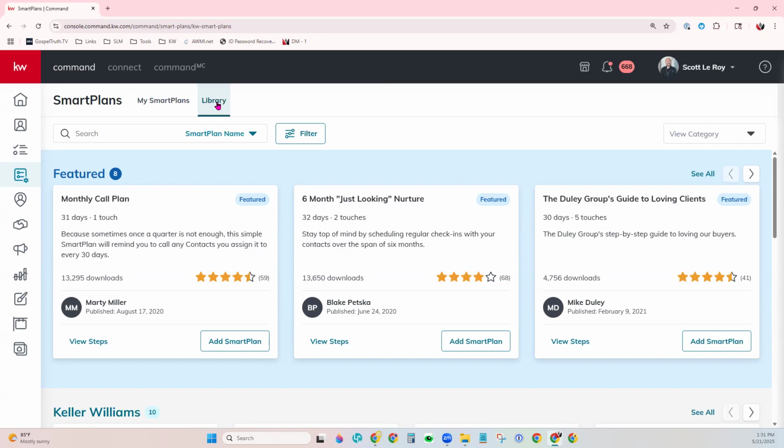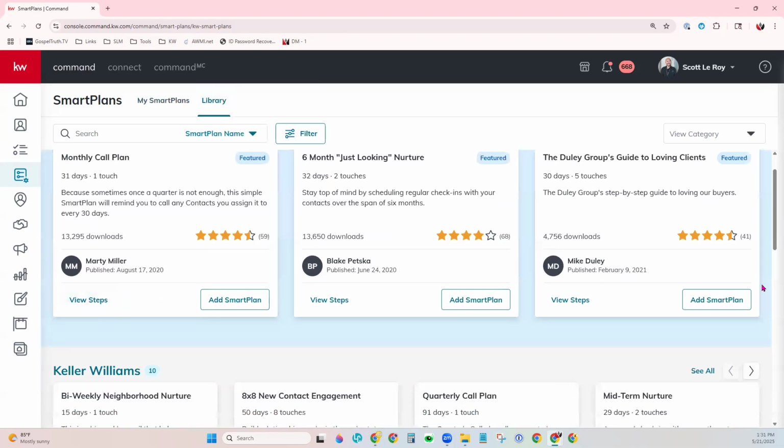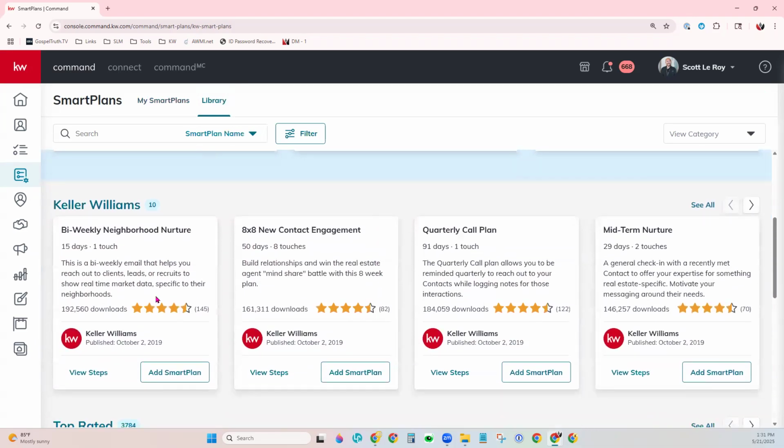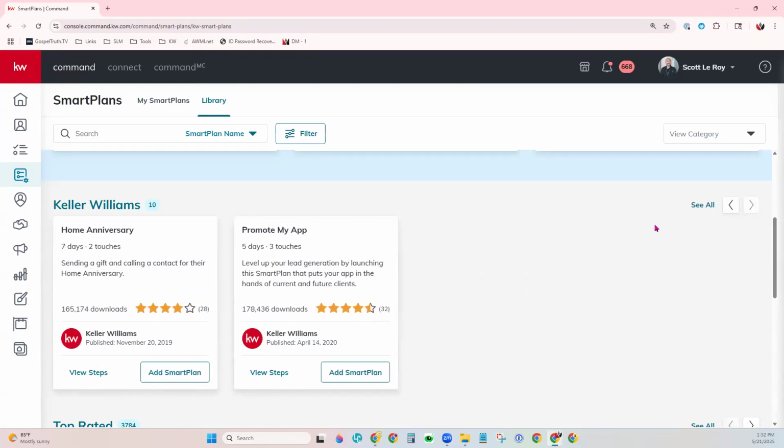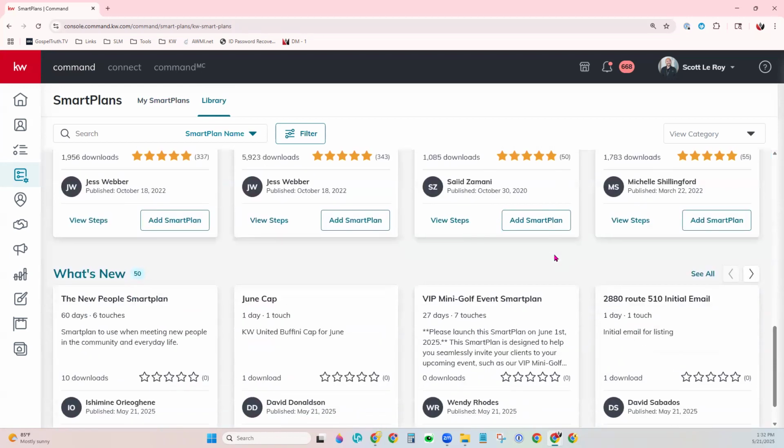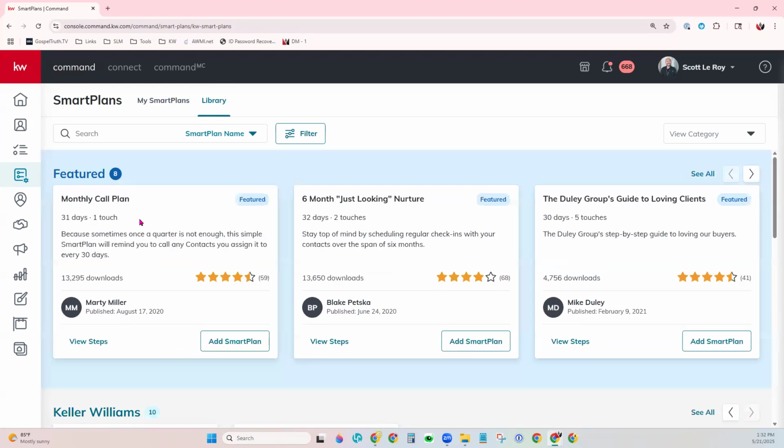So here with the library, you'll notice that we have smart plans listed and they're kind of horizontal. As I scroll quickly through, you can see the different sections. You have arrows over here where you can scroll through. Okay. Each square that you're seeing is a smart plan. You see the name of the smart plan. Right here, you can see the duration. This one lasts 31 days. It has one touch. It gives you a little description of what the smart plan does,